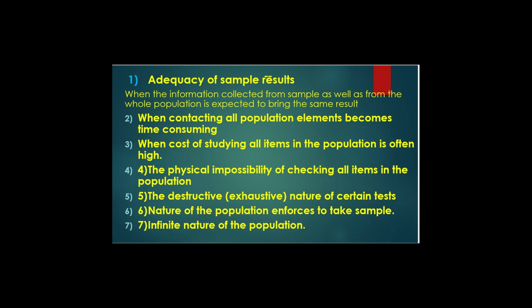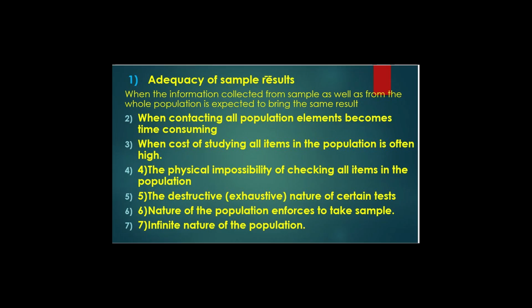2. When contacting all population elements becomes time-consuming. That is, if the population size N is very large by nature, it will be mandatory to select some representative elements from the whole population instead of considering all study objects or all elements of the population, whether it is finite or infinite. If the population size is very large, it is difficult or impossible to gather data from all population elements. Moreover, when excessive data is collected, it may result in a vast amount of data that is challenging to analyze and summarize properly to generate meaningful information.